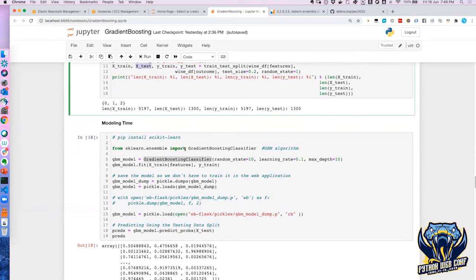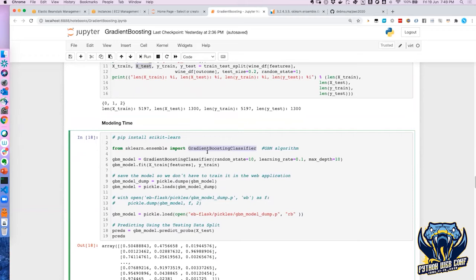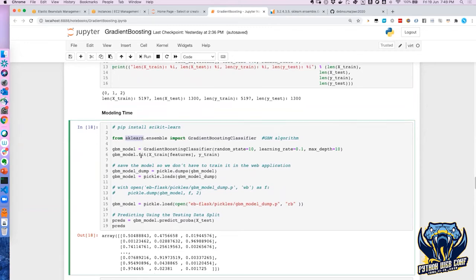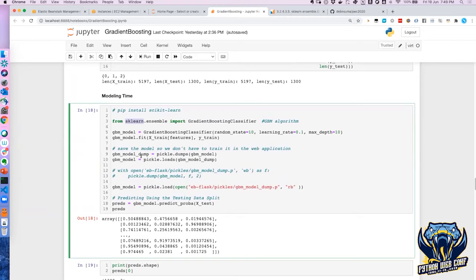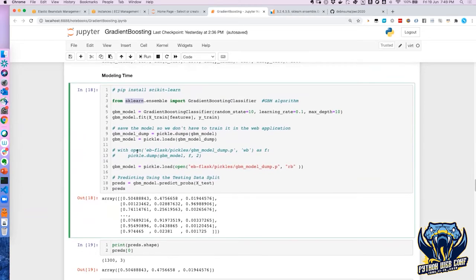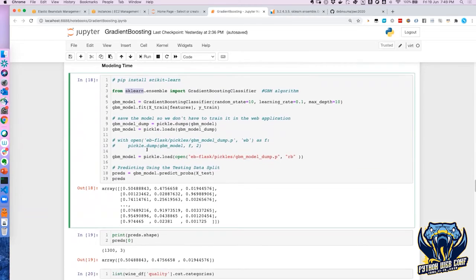So now we are going to use the gradient boosting classifier, which is also available in Scikit-learn. This is not a very good implementation of gradient boosting classifier, but it's fairly okay for us as we are playing around. So we are going to call this, and we are going to use decision trees, because by default here I'm not mentioning